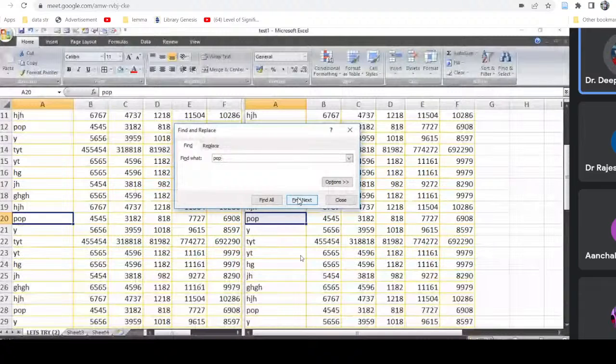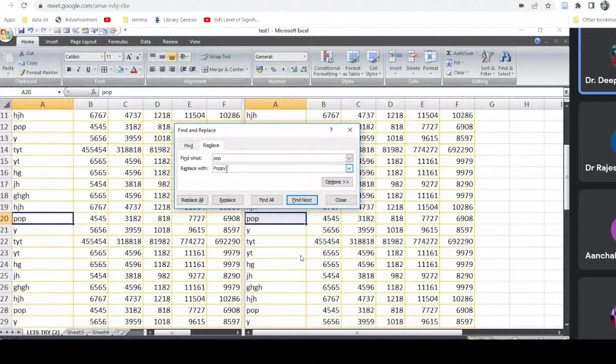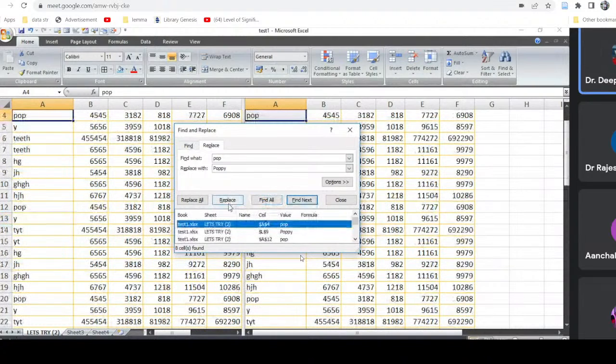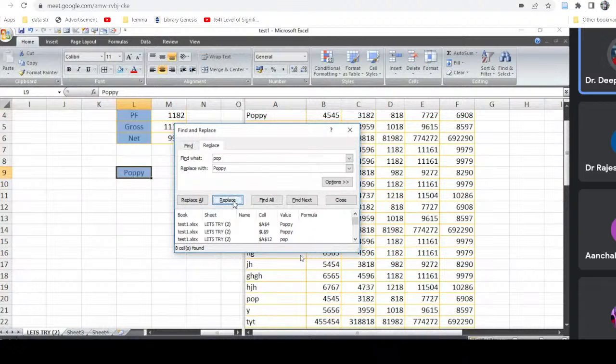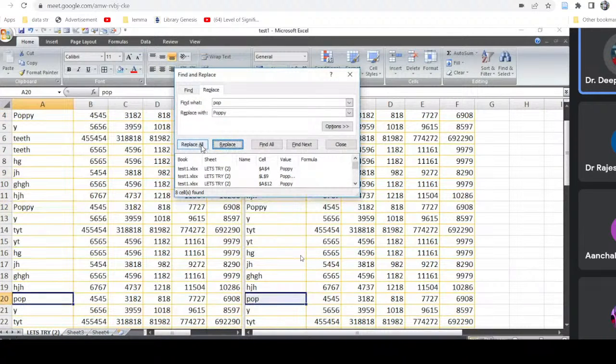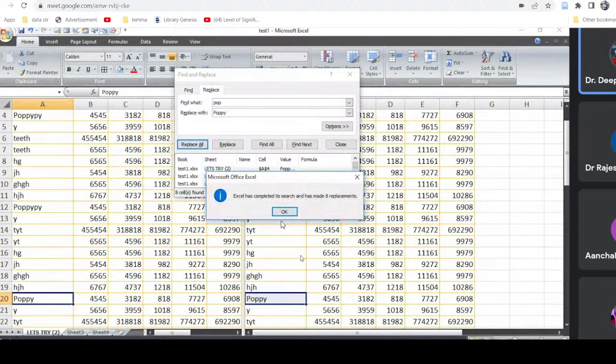Now, if you want to replace it with some other entry, select the replace tab, and it says find what? Pop, and you want to replace it with copy. If you want it replaced one by one, you'll have to click on replace, replace, and again replace, or otherwise click on replace all. All the occurrences